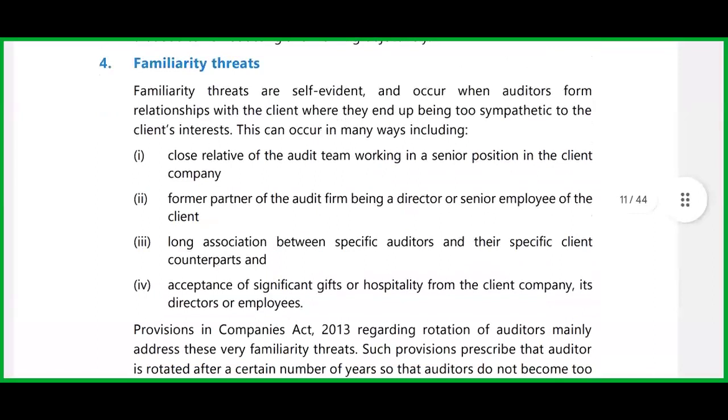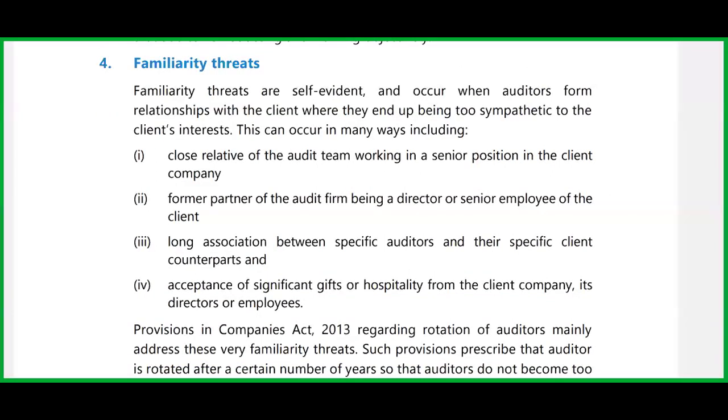Familiarity threat. Familiarity threats are very self-evident. It occurs when the auditor forms a relationship with the client. So what is happening here? The auditor is being too sympathetic to the client's interest. Examples are given where the auditor is a close relative of the audit working team in a senior position with